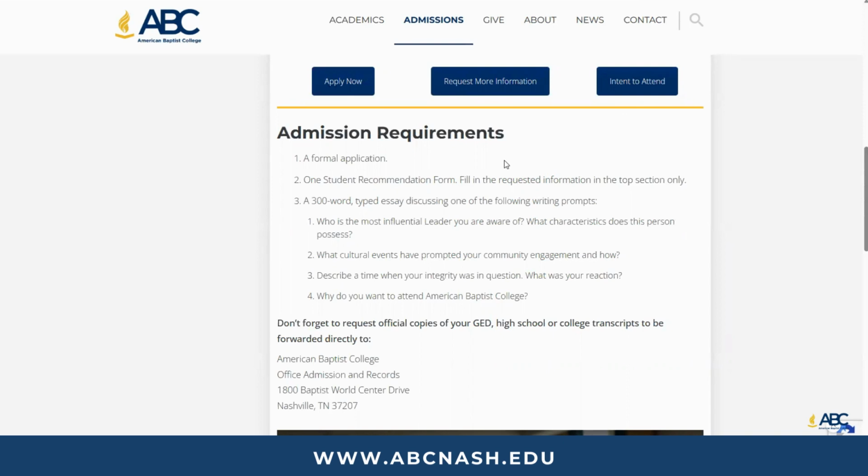With the admission requirements, the first step is completing the formal application. The next step is your student recommendation form. You would want to give that form to whomever will be completing it as soon as possible. That form you will have access to at the end of your application, or it can be emailed to you from the admissions office.